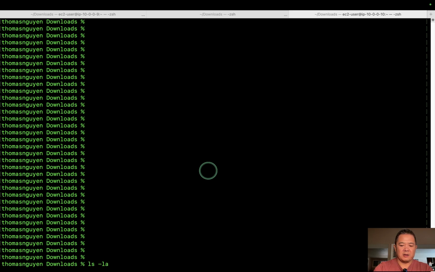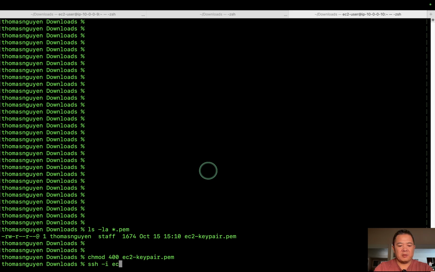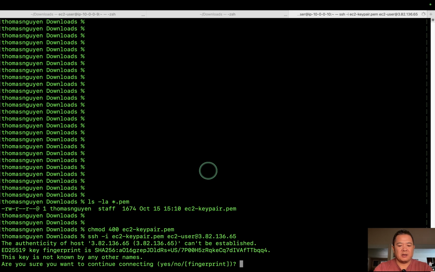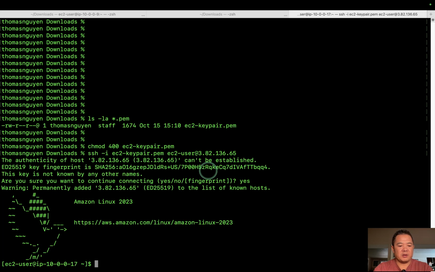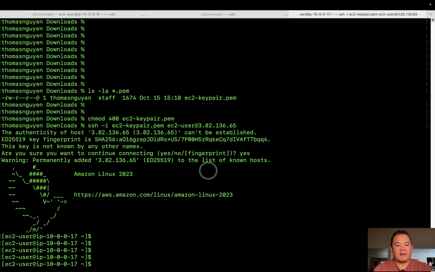ls -la star dot. Okay, that's a key pair right there, so I need to change permissions on that. chmod 400 and EC2 key pair. Okay, and now I'll say ssh -i, the key pair name, ec2-user at the public IP. All right, yes, fingerprint. All right, I am in here,